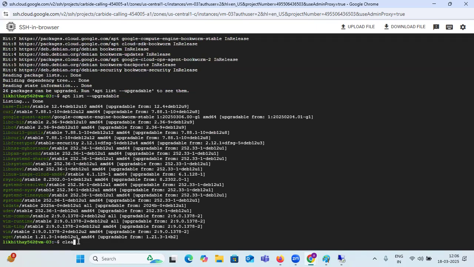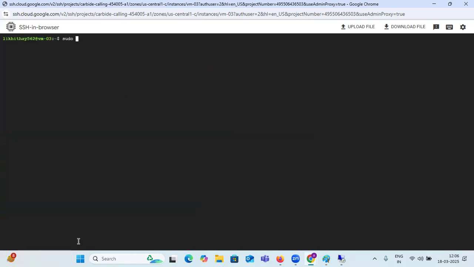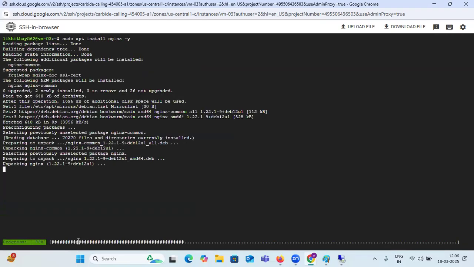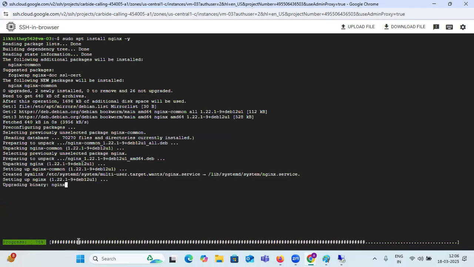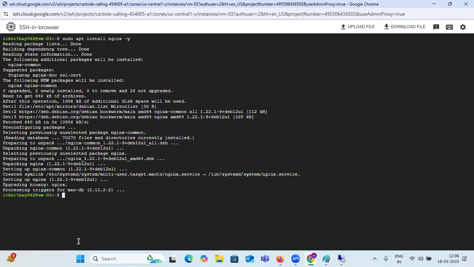Fine. Let's install the web server role. sudo apt install nginx -y. I am installing the NGINX web server role. Very simple. Now restart the NGINX service. How to restart? sudo systemctl start ng